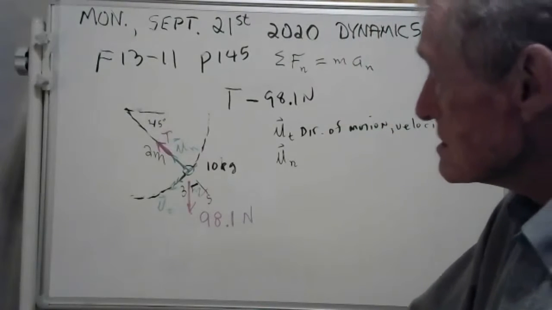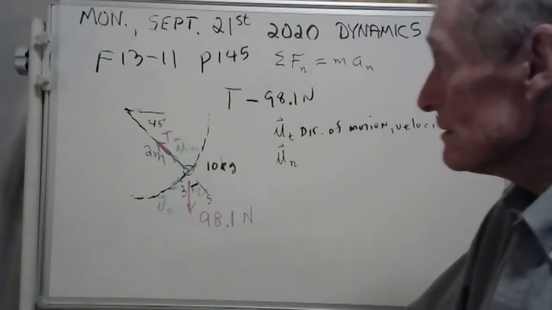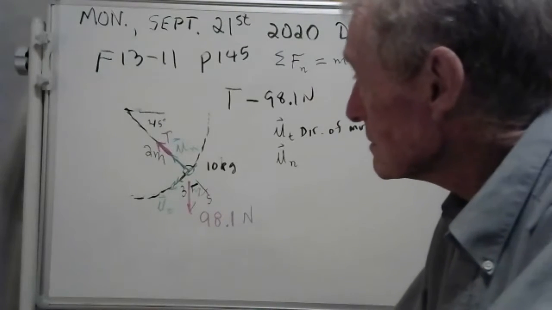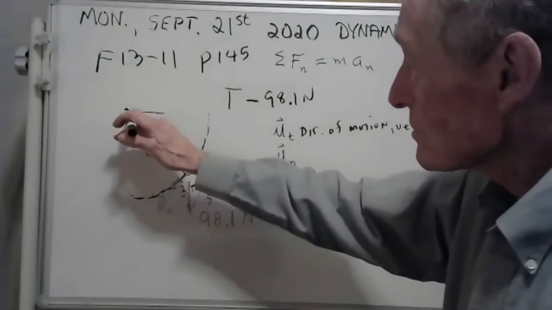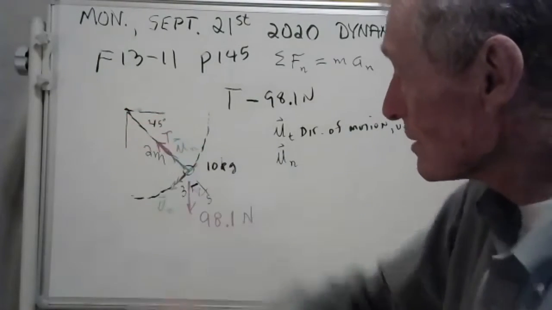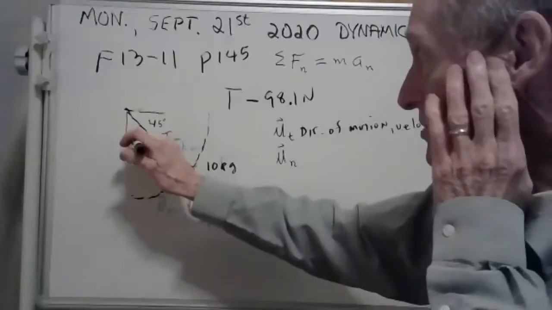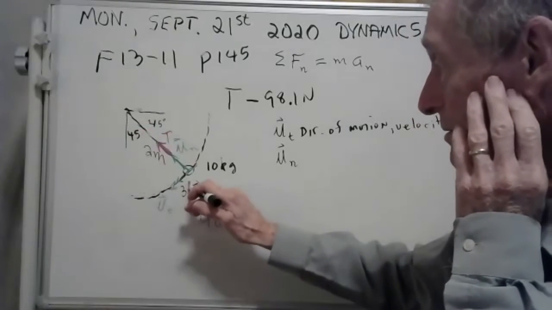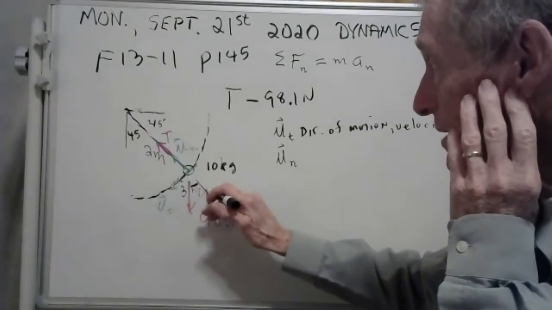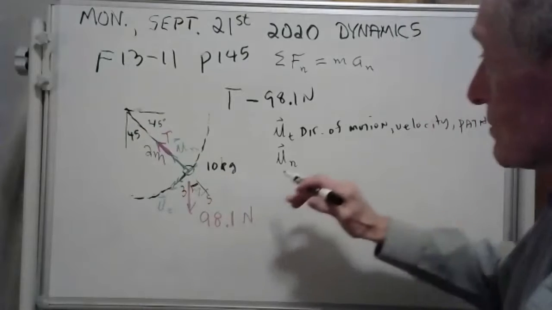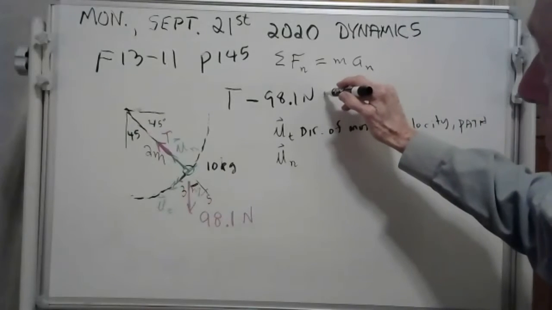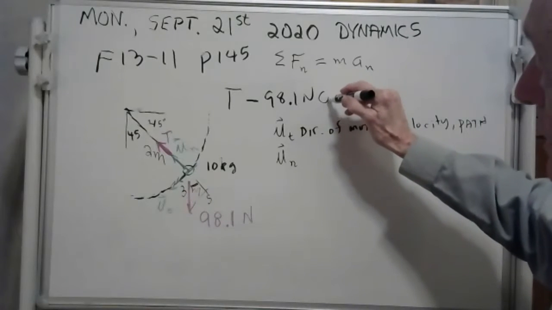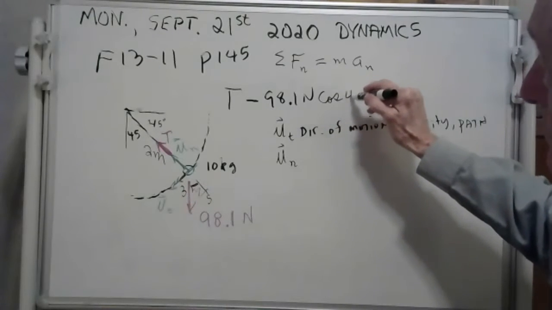Well, I don't know. We know there's a 45 here too. Does that help any? Yeah, look here. If this is 45, this is the same angle. Look, it's the same angle. Yeah, so it's 45. So you're going 98.1 cosine of 45